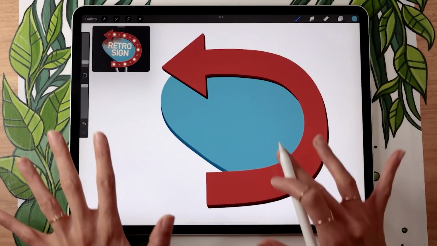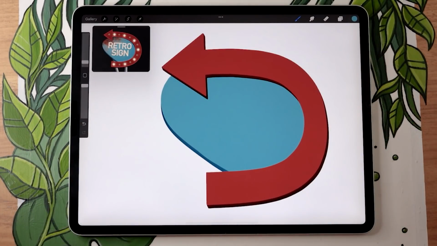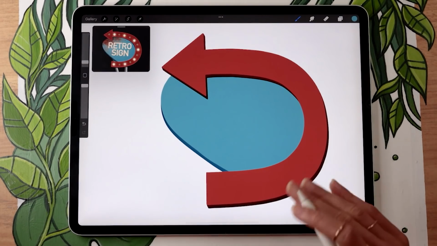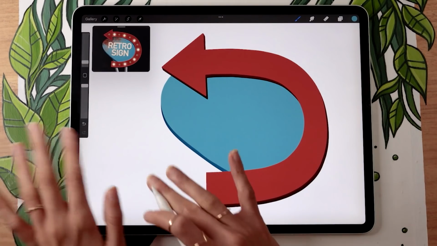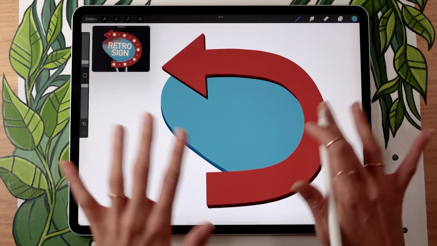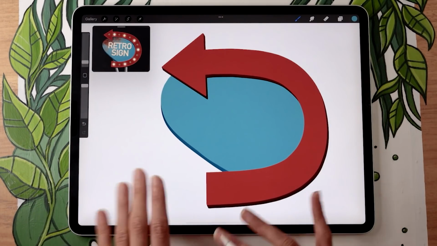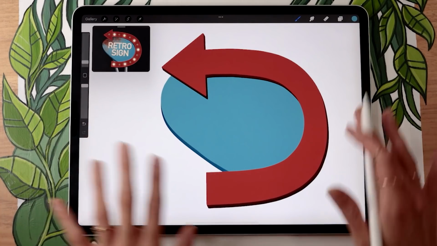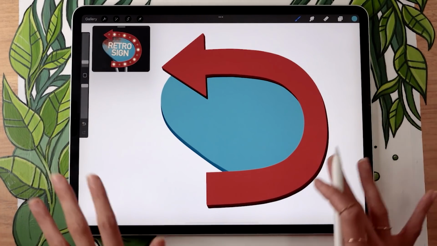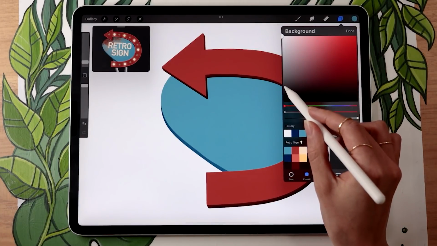Great, so now that we have the basic shapes, we're going to move on to making them look good because right now it's really boring and flat. The first thing we're going to do is make sure we're working on the background that is similar to what we're going to have in the end so that the contrast and the different effects we add look good with the background. So if you're planning on having this sign be part of a bigger illustration, just go ahead and pick whatever color you feel is going to represent the illustration the most. Otherwise, we're just going to set our background to a nice dark charcoal gray.